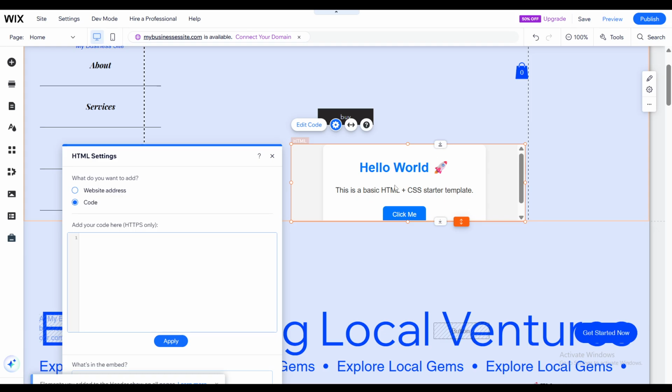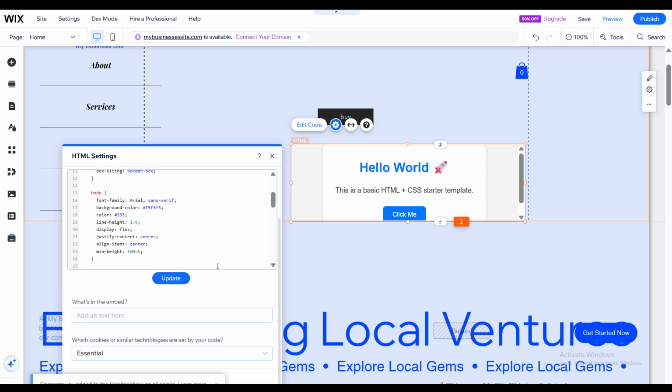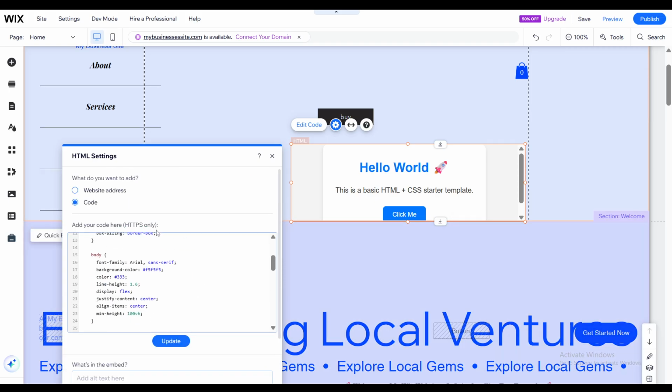This step-by-step process allows your creativity to shine while ensuring your site remains cohesive and visually appealing. Remember, practice makes perfect, so take your time to experiment. Adjusting CSS might initially seem complex, but with practice, you'll navigate it more comfortably and begin to enjoy the creative freedom it offers. I hope you found this guide helpful and that you're excited to start customizing your Wix site